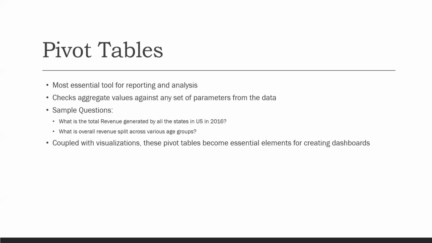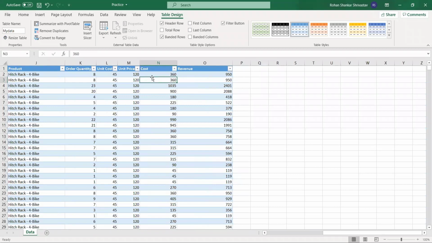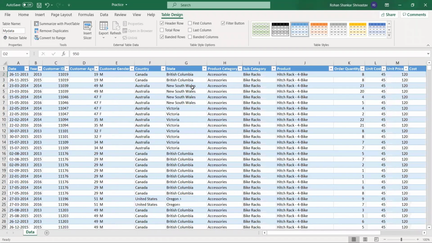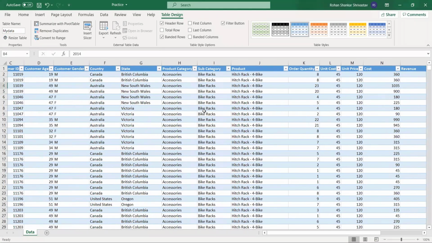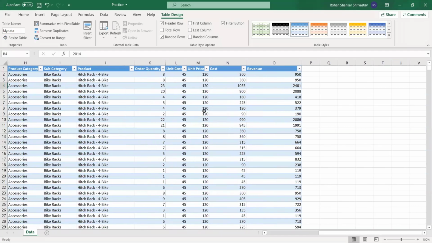So pivot tables, right? Once we get started with any analysis, what essentially an analysis is, it's the variance of our critical columns. So let's say cost and revenue are our critical columns, and it's the variance of these columns with respect to the features that we have here: country, state, product category, subcategories, the ages of the people who have bought. And let's say if you want to see the entire year over year progression of our revenues, then the year definitely. So all those things come as a part of it, it's a factor analysis sort of a thing. So for that you need a pivot table.